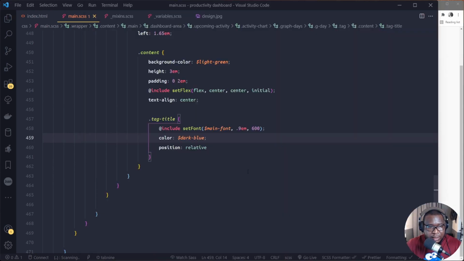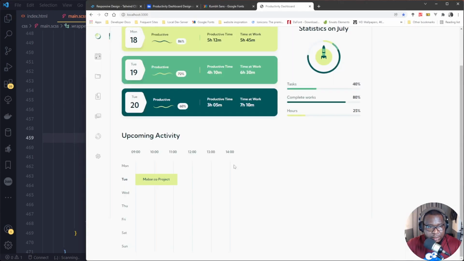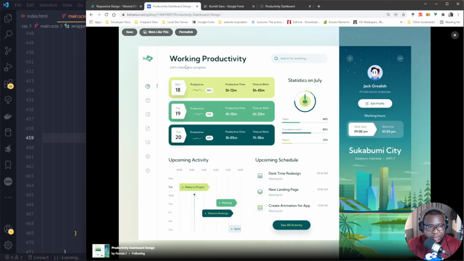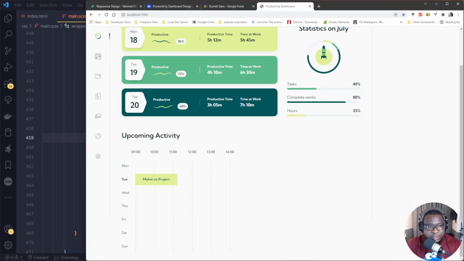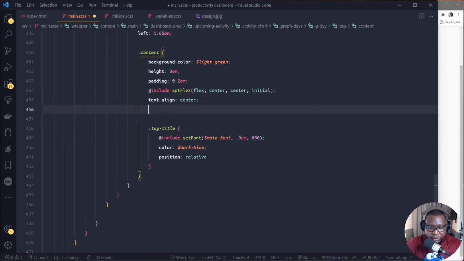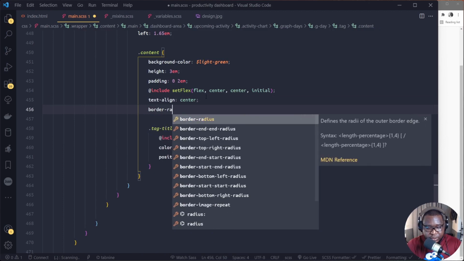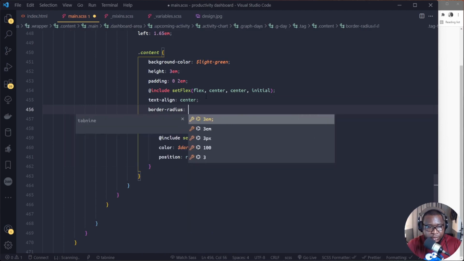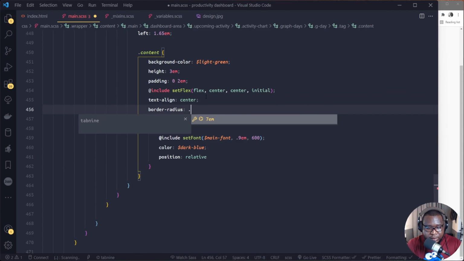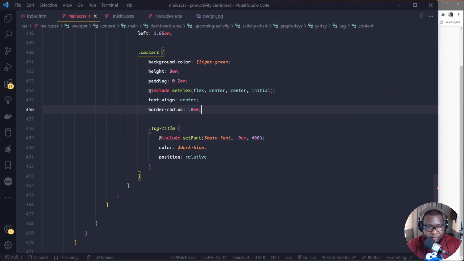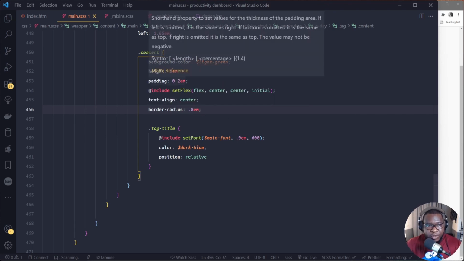Right, we need to make this rounded, because from our designer we have the rounded edge here. To do that, we use border radius. So border radius could be 0.8em. I want you to understand that 1em